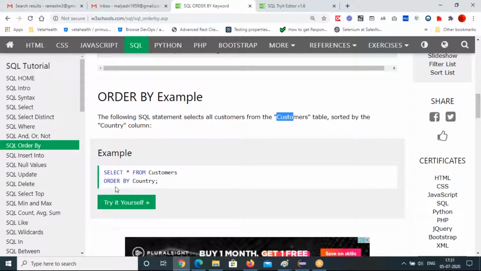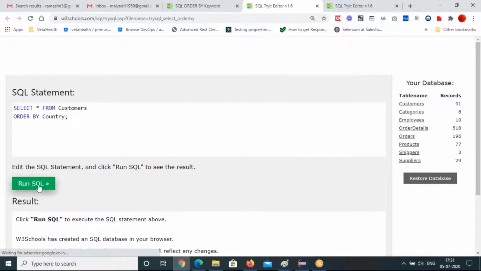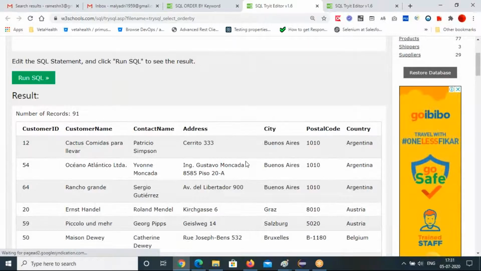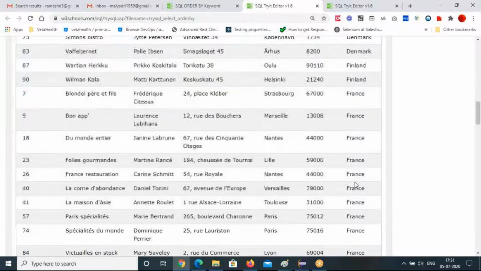Select star from customers, order by country. Maybe the table might be different. Yeah, the table is different, that's right. So Argentina, see, ascending order.